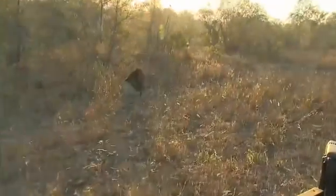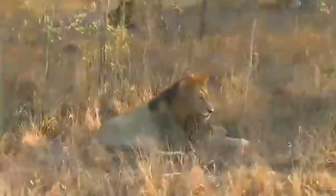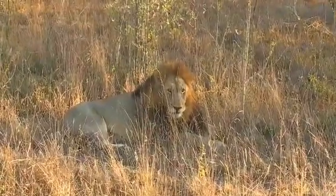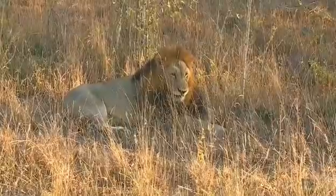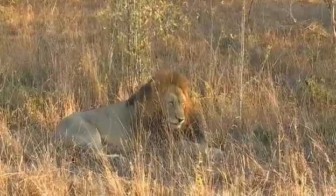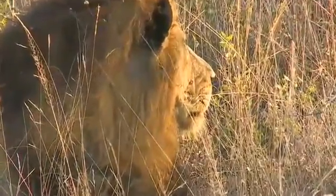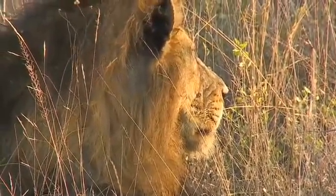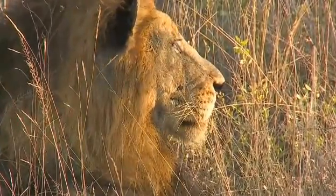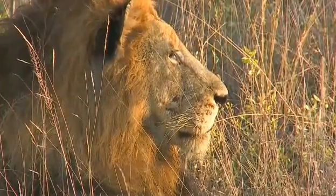Male lion coalitions are normally dominant for about 4 to 5 years, depending on the size. The reason for this is to keep genetic diversity. They get pushed out at around 3.5 years old from their natal prides, and then they'll wander around quite frequently. They'll meander between the different pride territories, trying to avoid big coalition males like this. That's where coalitions are quite often formed. While these young males are wandering around trying to avoid these big boys, they will meet up, and sometimes it can take a couple of days or even a couple of weeks before unrelated male lions are comfortable with each other. And that is how the